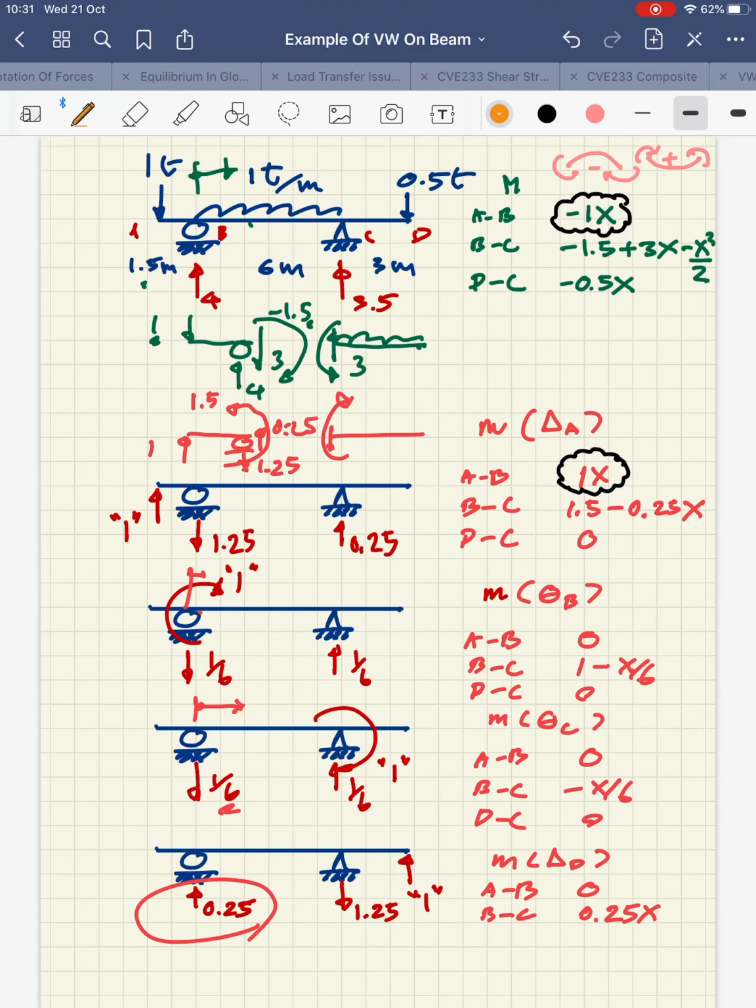By saying that, I mean you should know that you need to multiply the equation of the moment from A to B with the corresponding equation from A to B in the respective cases, okay, and then carry out